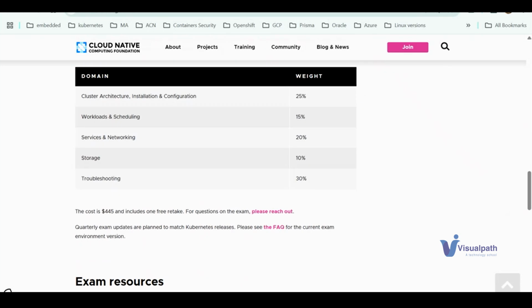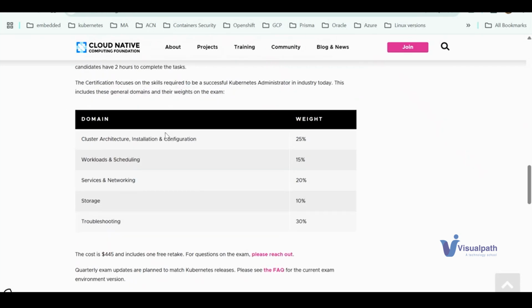So the CKA exam, which I just took, is a 2 hour hands-on command line based test, and it focuses on real-world tasks that a Kubernetes administrator would perform. Under the first domain, cluster architecture, installation, and configuration, it has a weightage of 25%. In that we will be covering setting up the cluster correctly from scratch or using tools like kubeadm. Then we have another domain, workloads and scheduling,